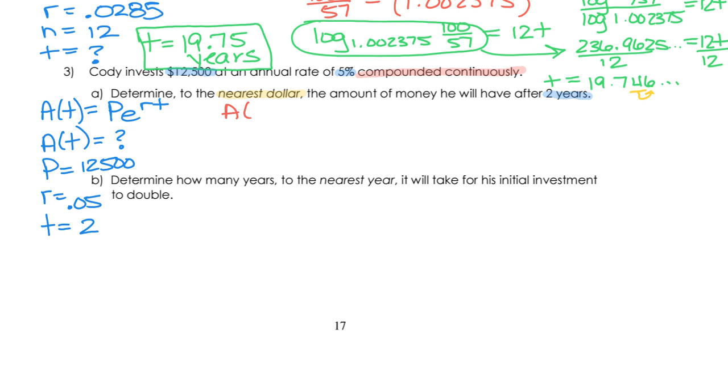So we'll say A of t, or we could say A of 2. It does not matter. It won't affect our answer. Okay, and notice we are not solving for an exponent, therefore we don't need logs. This is actually back from Unit 5. We have everything we need, so all we have to do is go ahead and type it right in, 12500. Okay, second ln to get the e, raise it to the 0.05 times 2, and we have